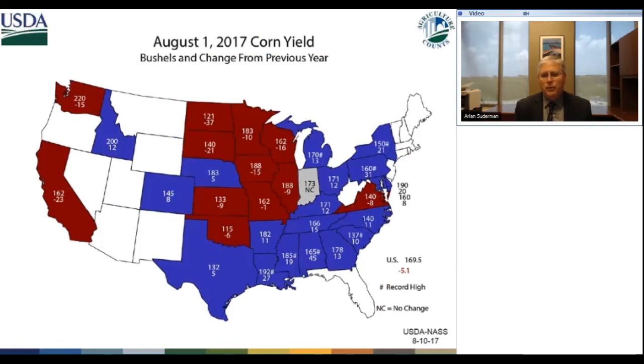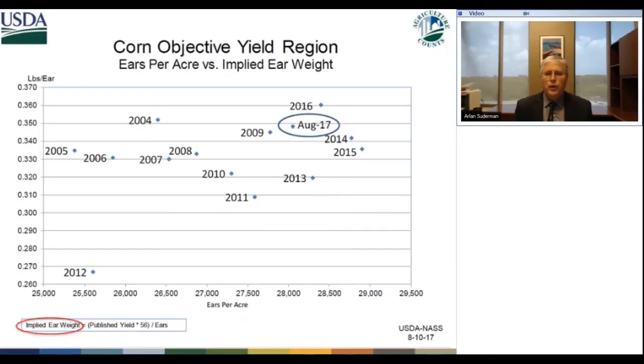Change from the previous year, the bulk of the Midwest, obviously a smaller crop from last year's big record, the exception being Michigan and Nebraska and Ohio, with yields up from last year. When we look at the implied ear weight, and again, this is a modeled ear weight, the third highest on record. So what this tells me is that this USDA crop report did not address the pollination issues that we are seeing be a significant problem in key production areas of Iowa and Illinois, as well as other parts of the Midwest as well. And so obviously you've heard my bias in this.